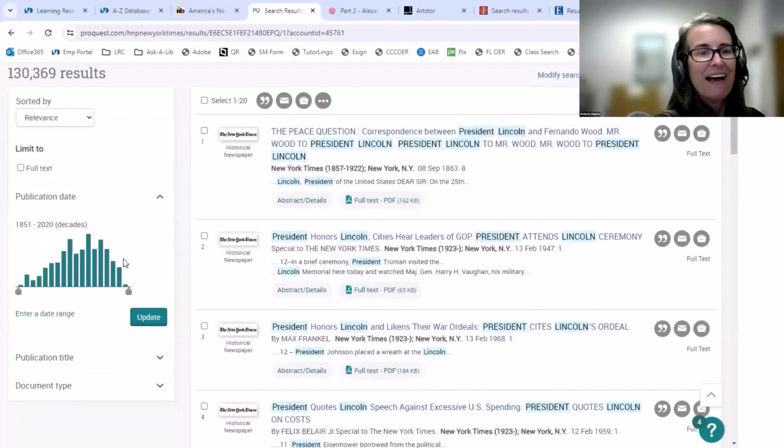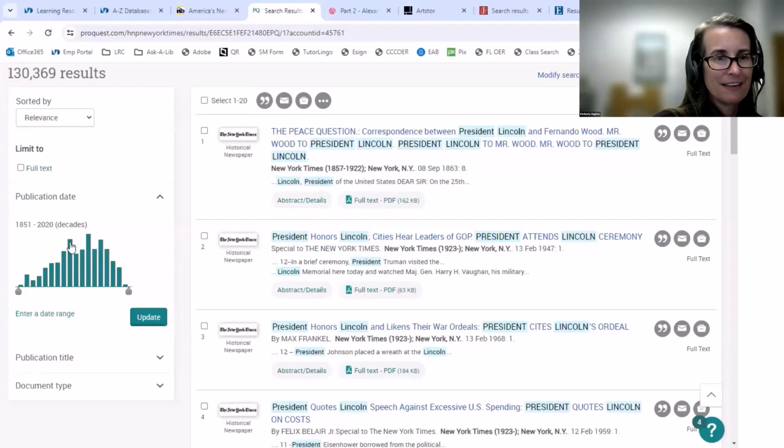Not too bad. But you can see, this is one of the things I love. It says, are you looking for? So if I were really looking for, before he was president, the earliest that they had reported on him, I could look at the 1850s or 311 records. Or if I'm looking for the 3,000 times during his presidency, the Civil War, slightly after his death, and then,